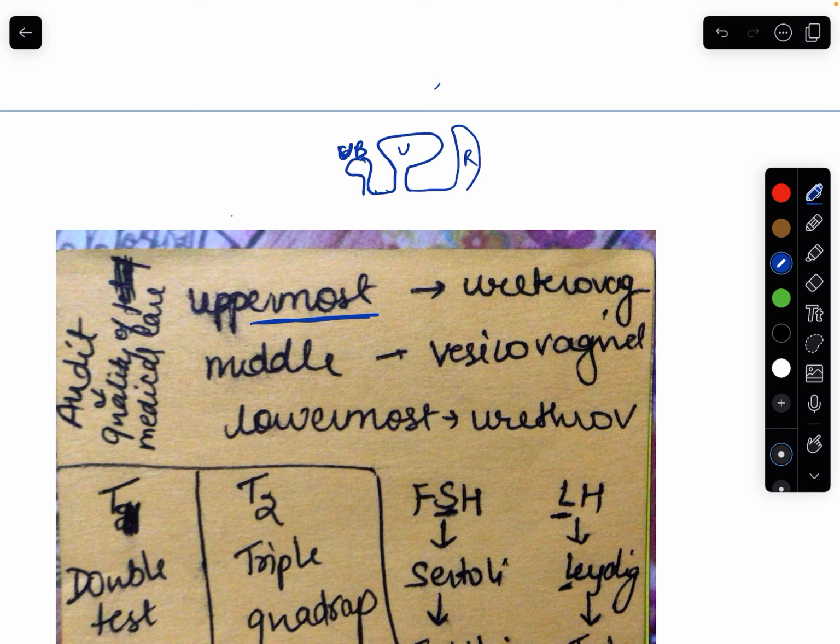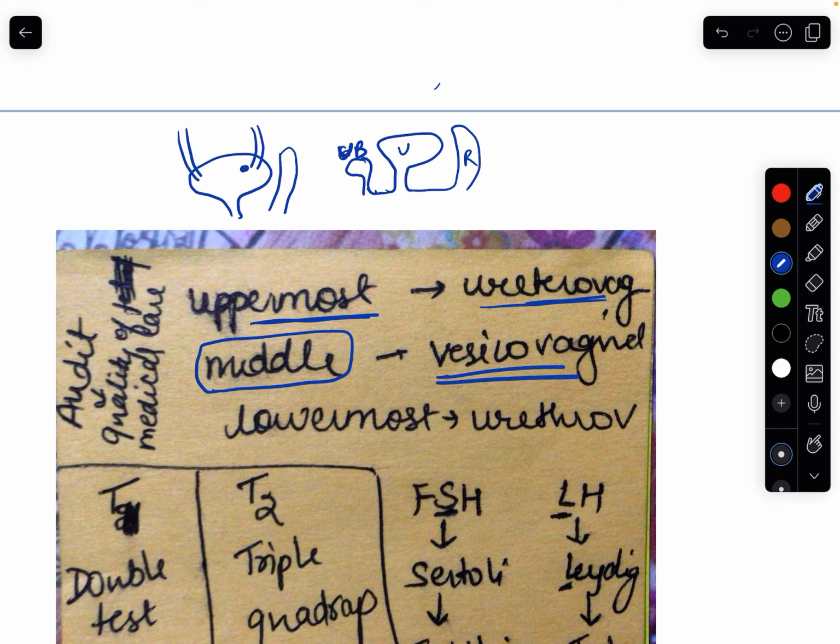Ureterovaginal fistula, because suppose this one is our urinary bladder, and in it we have our ureters which come and drain the urine into the urinary bladder. And behind it we have the rectum. So when it is in the uppermost part, it means the ureterovaginal fistula will be there. In the middle part, it is vesicovaginal fistula. So in the middle part, it is vesicovaginal fistula, and in the lowermost part, if it drains in the urethral part,